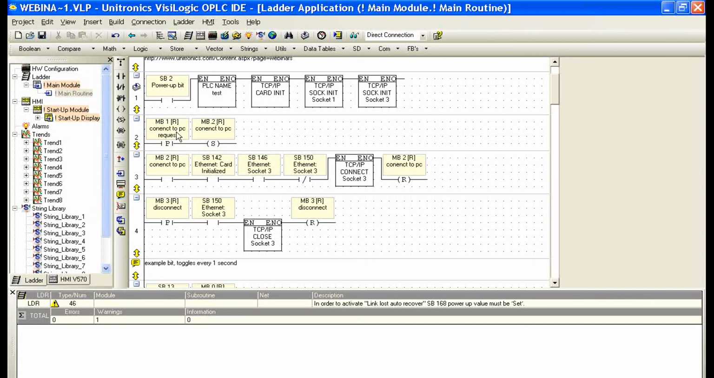In net 2, when MB1 goes high, so we have the positive transition of it, it's going to set MB2. In the following net, when MB2 is high, we use the system bit 142 to check if the Ethernet card is initialized. We use system bit 146 to check if socket 3 is initialized, and system bit 150 with the inverted contact to see if we